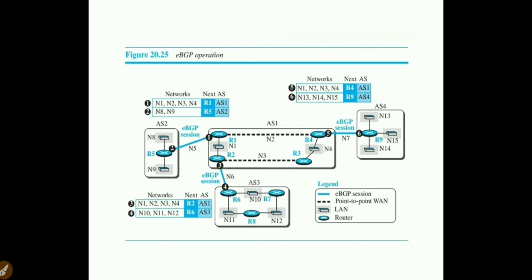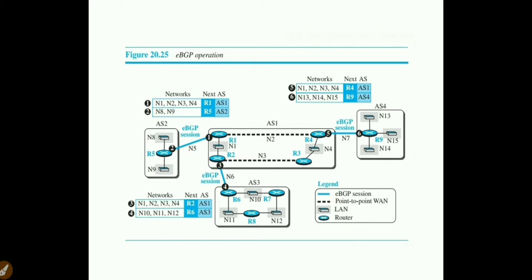In the same way, the next area border router that is going to connect with me has to send its own details. So the second message is sent from R5. R5 is the next hop. R5 is connected to two networks, N8 and N9, available in autonomous system 2.